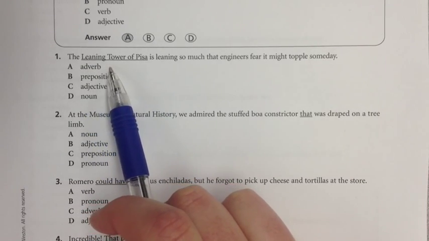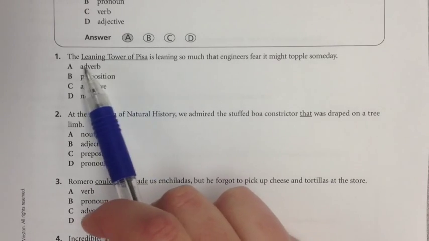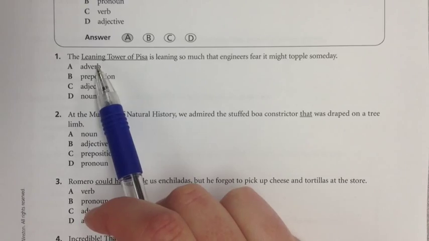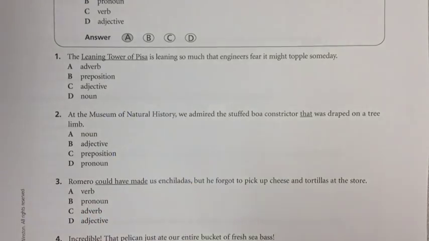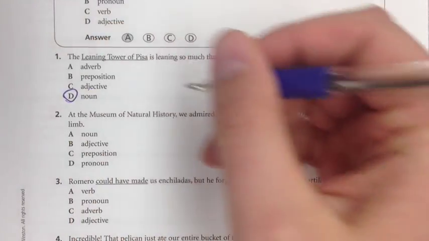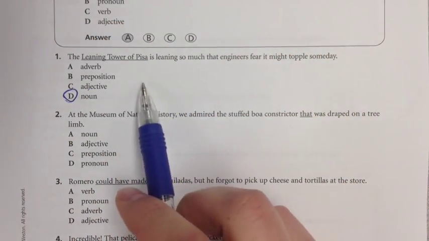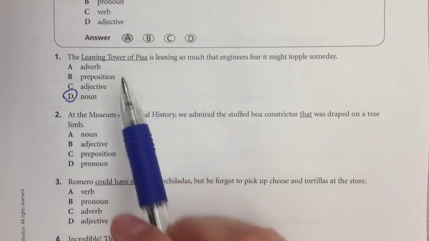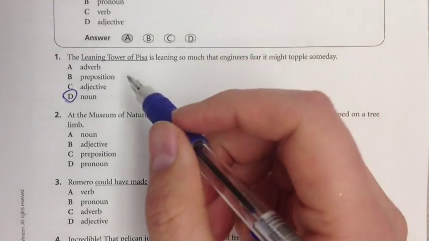And this is what you do with what are called proper nouns, like a name of something or a name of a person or a place or a thing, if it's unique. So this is going to be a noun because it's a proper noun. Now a noun is a person, place, or a thing. The Leaning Tower of Pisa is either a thing or a place, depending on how you think about it. And you can also eliminate these.